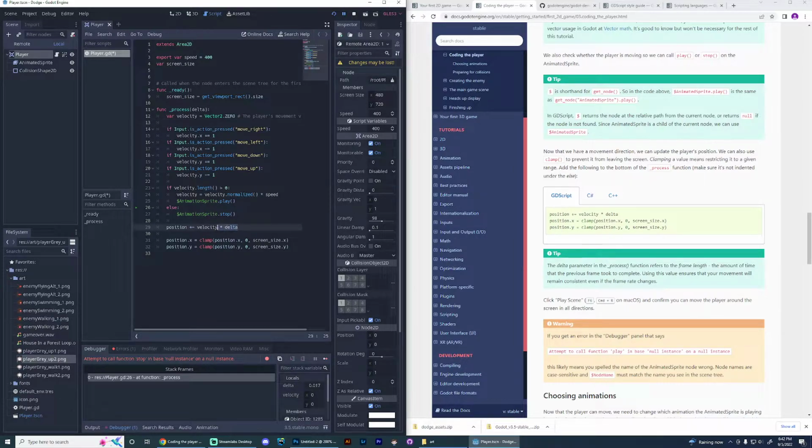Just to point out too, this is actually doing vector math. We wouldn't be able to use this in plain JavaScript. We'd have to add each value directly, but they're able to do it in one because they're using a vector. So that's one of the handy things about it. And then clamping, we have